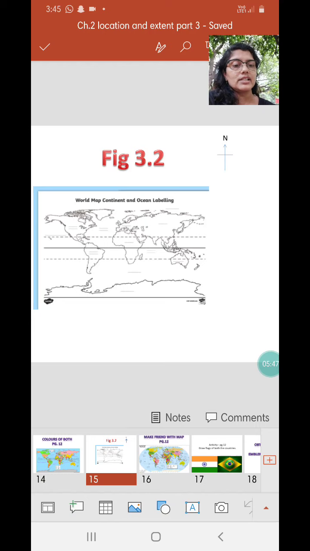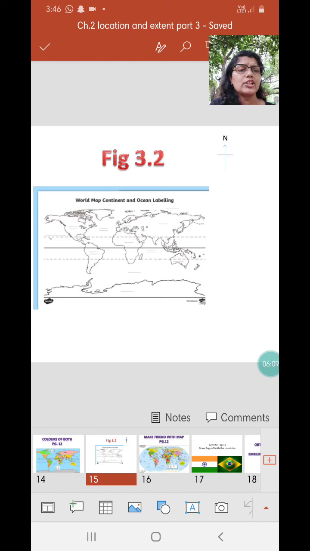The next question is: which country has a larger latitudinal extent? Both India and Brazil have more or less the same latitudinal extent. However, longitudinal wise, Brazil is longer. That is breadth wise. Length wise, both are the same. Breadth wise, Brazil is definitely bigger.